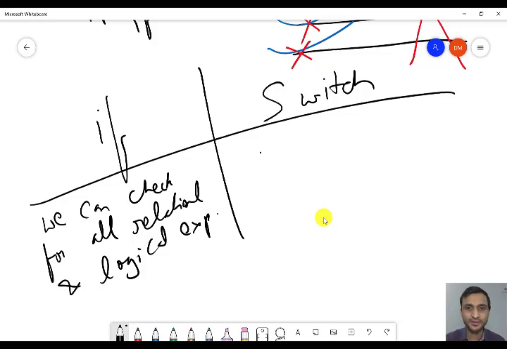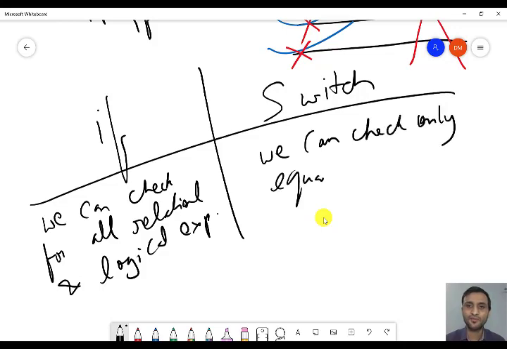In switch, we can check only equality, that is the double equal to. So switch can be used only when you are checking if two values are equal or not. But in if, we can check less than, greater than, less than or equal to, greater than or equal to, and, or, not. These can also be used.